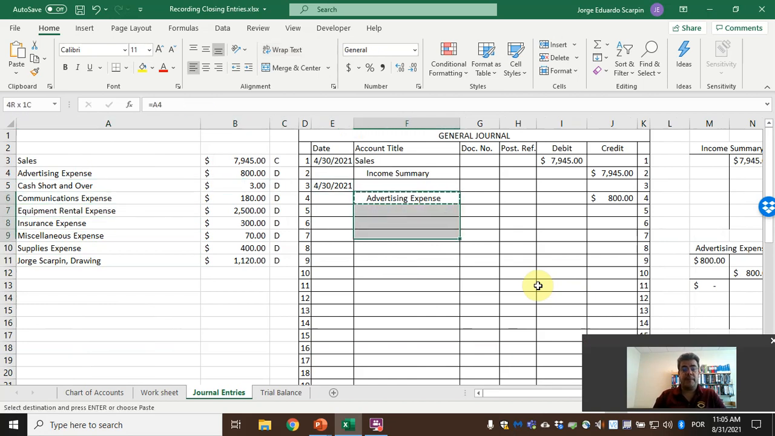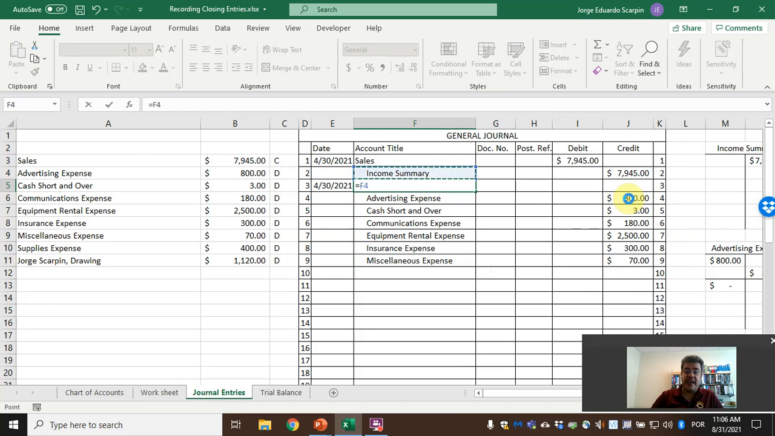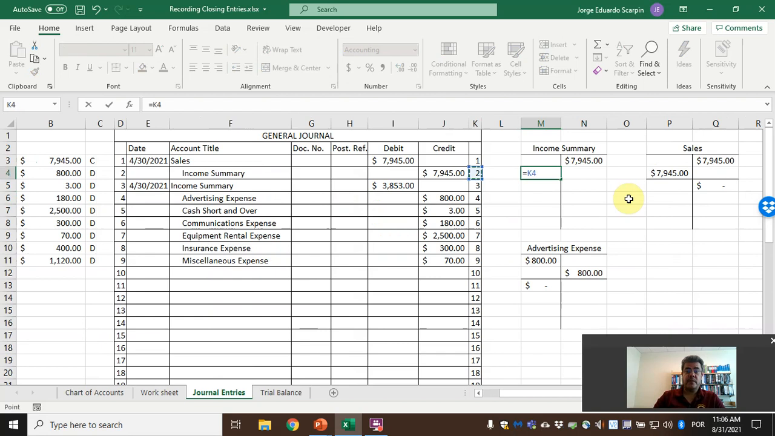So let's copy and paste this till miscellaneous expense. And we also copy and paste this formula. We will get our numbers. However, we have only credits. We need a debit. What is our debit? The same income summary. And how much? The sum of credits. This is a journal entry. We have more than 1 credit. So here, income statement equal